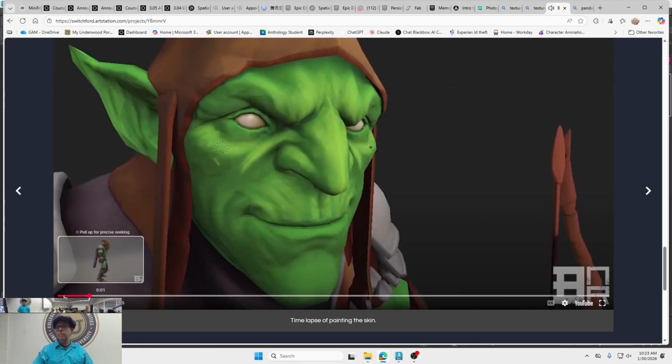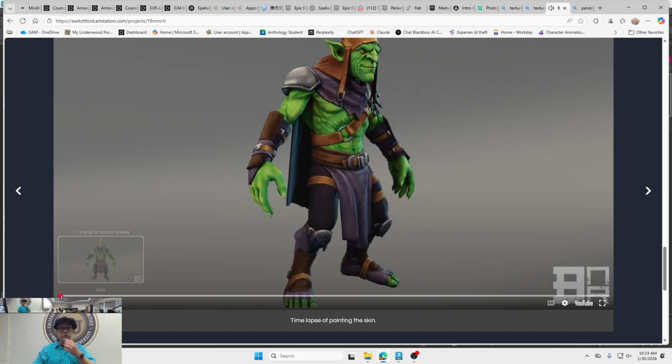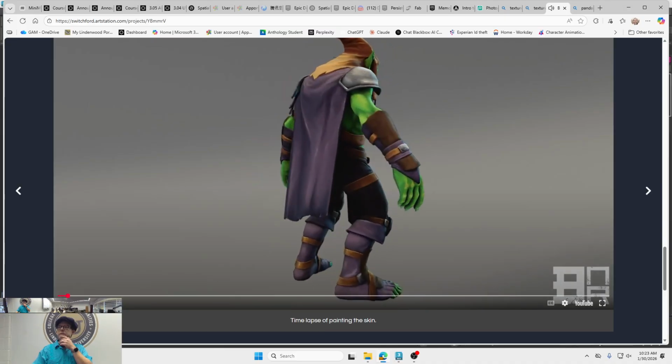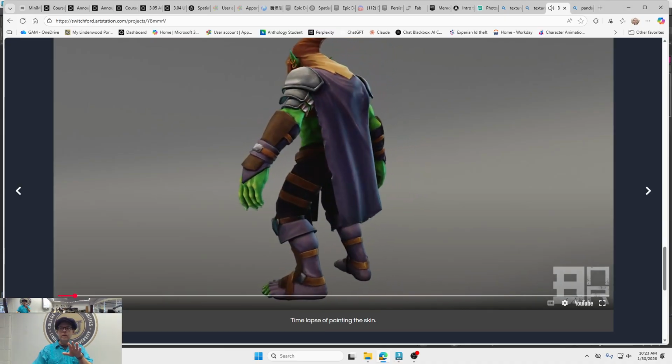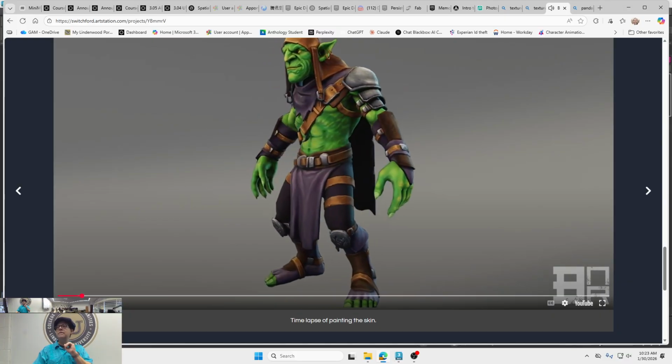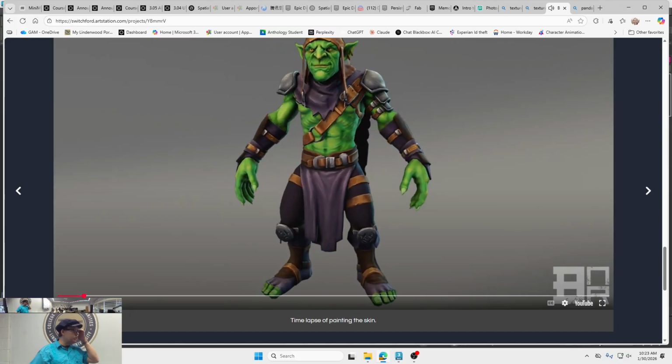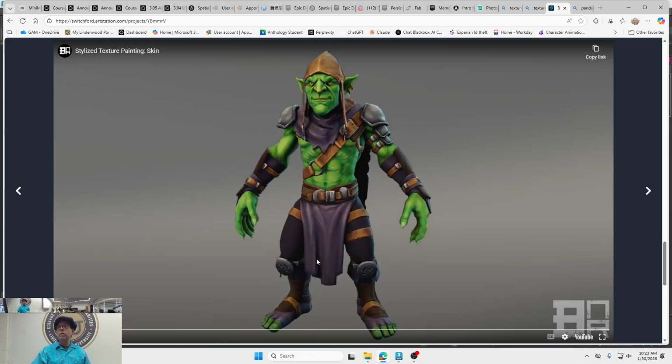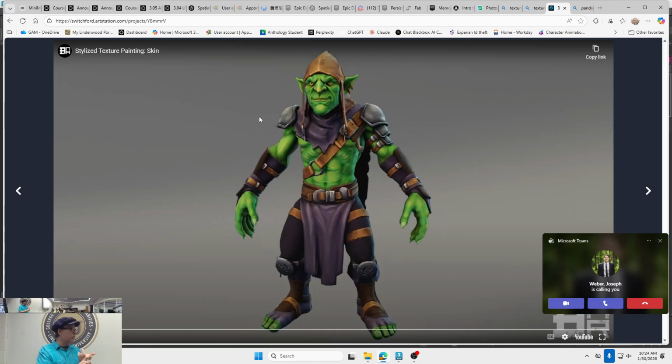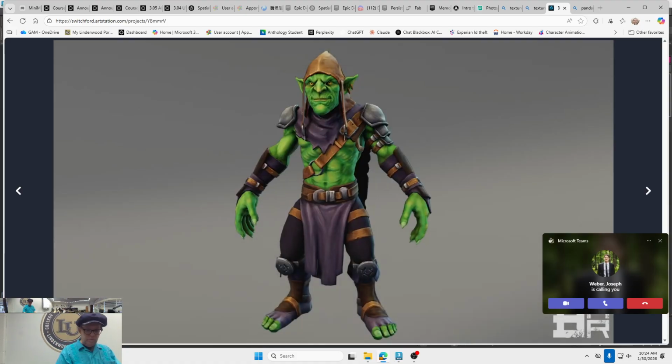And again, this kind of model is not really using any other maps. It's only using a diffuse map. So it's a really quick model that would render fast, that would run very efficiently inside the machine, and looks pretty good. If you're ever wondering why game models look stylized like this, it's because they look good and they kind of